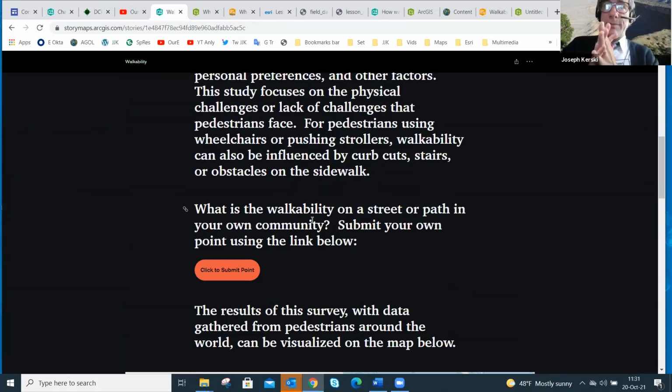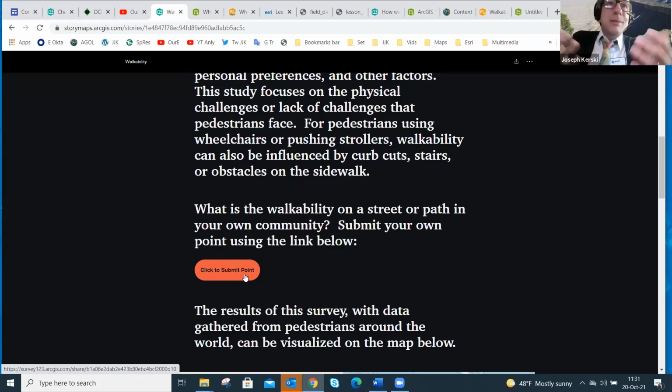The reason why you could think about doing this is that if you're communicating about topic X, all you would need is your story map, right? The story map has the dashboard, it has the web map, it has the survey already in it. So that's all you would actually need to share with someone, which is what I have in that education blog post of mine. I just point to this, and then if they want to submit data, they could do it.